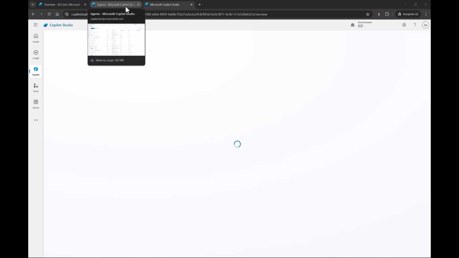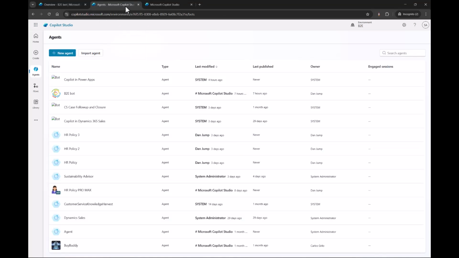And welcome to today's video, how to start with copilots or agents in Dataverse. So, first of all, to start with building agents and copilots for Dataverse and with Dataverse tables, basically you have to go to Copilot Studio, as it is part of the Power Apps, and start building